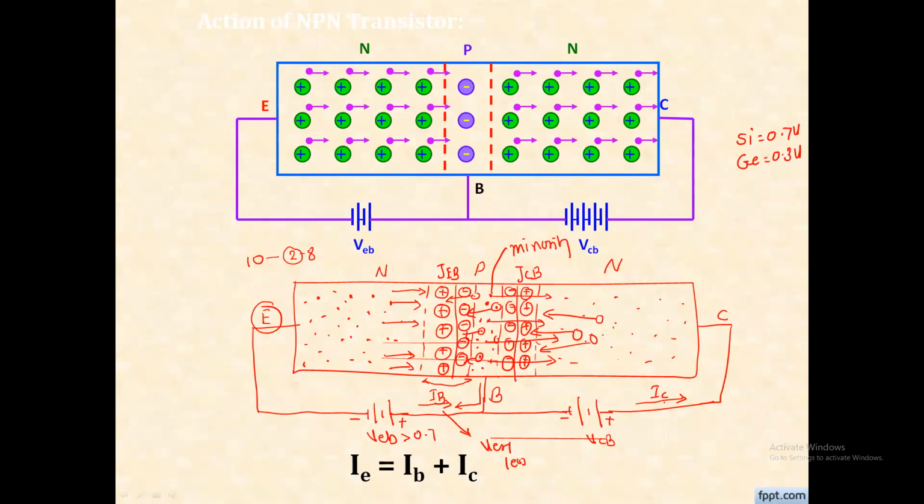So now if you see, the collector current is the incoming current, the base current is also incoming current, and the combination of these currents, which we call the emitter current, is the outgoing current. And if you see the action of a transistor, you can put that equation for the current. Emitter current in the transistor is always equal to base current plus collector current. But as you know, the base current is very less, so the emitter current is approximately equal to the collector current.